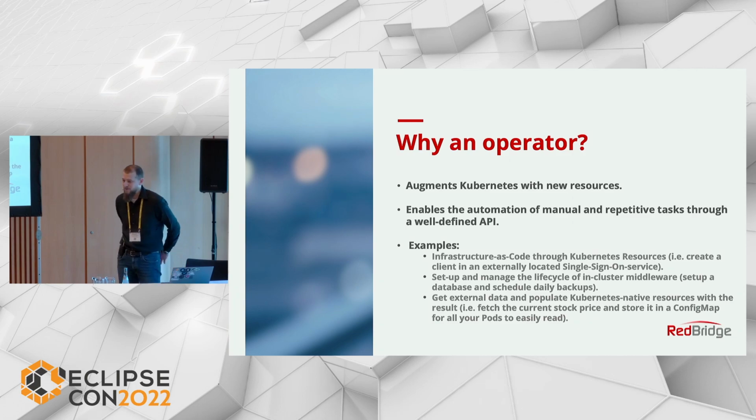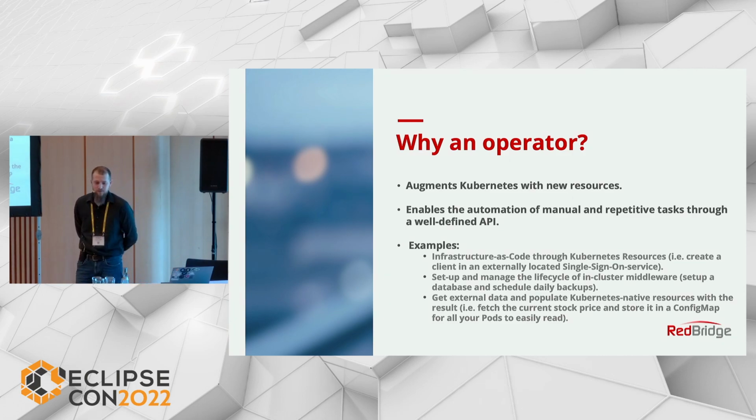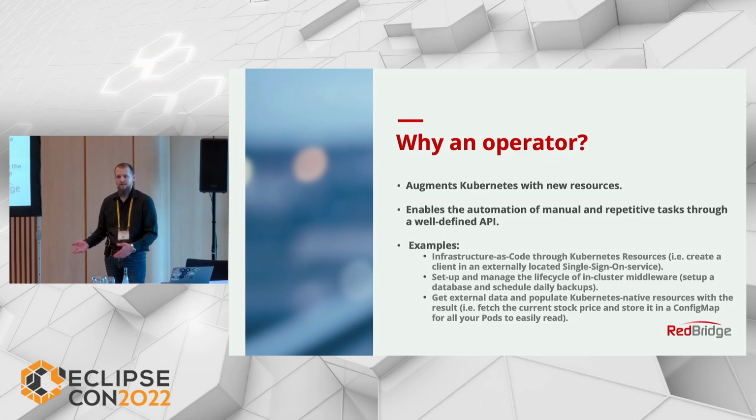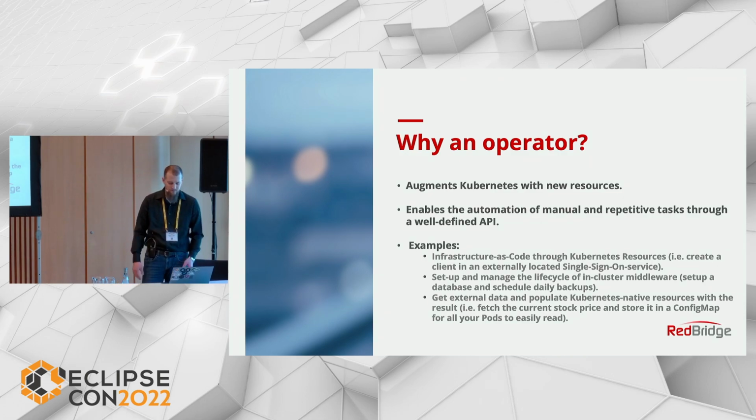And another use case for which I have used it is, for example, if you need external data that you want to feed by any standard means to your application, like through a config map or secret. For example, you have a KMS. Then instead of having each and every application use this API to fetch it, you could just have a resource in Kubernetes where you say, I will always need, for example, those keys or whatever it is, and populate a secret that I can simply mount in my pod.